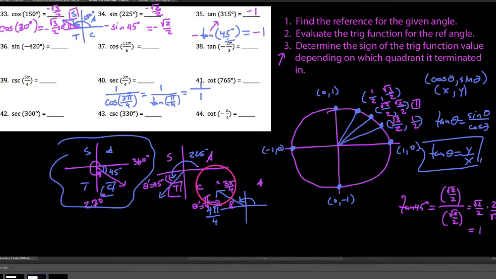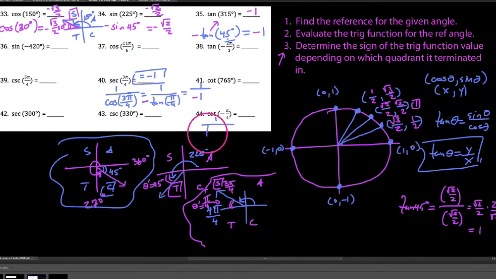Here's my sketch. All students take calculus. Because our angle terminates in the second quadrant here, let me kind of blockade this off. The only thing positive up there is sine, which means this tangent value has to be a negative value. So our overall value here came out to be the reciprocal of -1, or 1 divided by -1, which is just -1. So with respect to, say, this last one here, the cotangent of negative pi fourths,